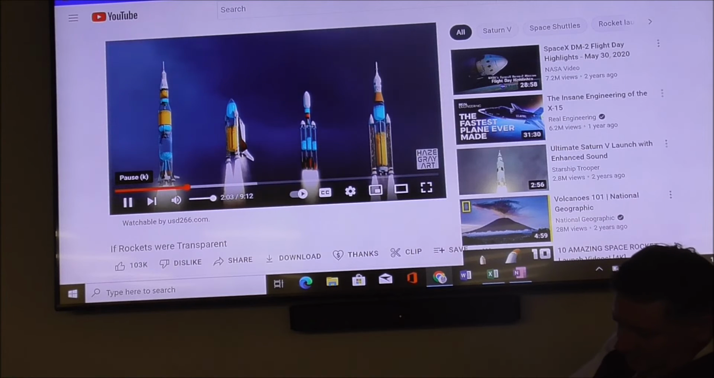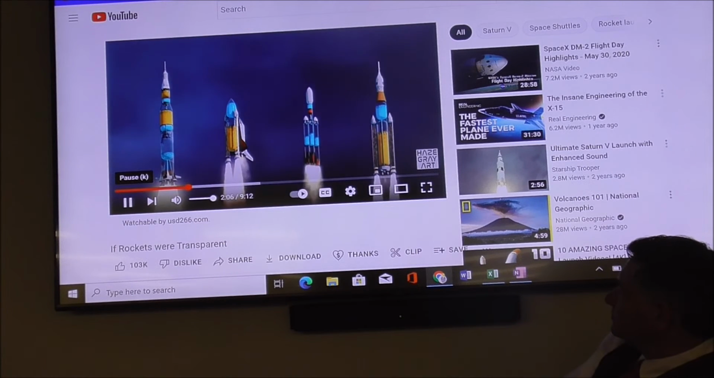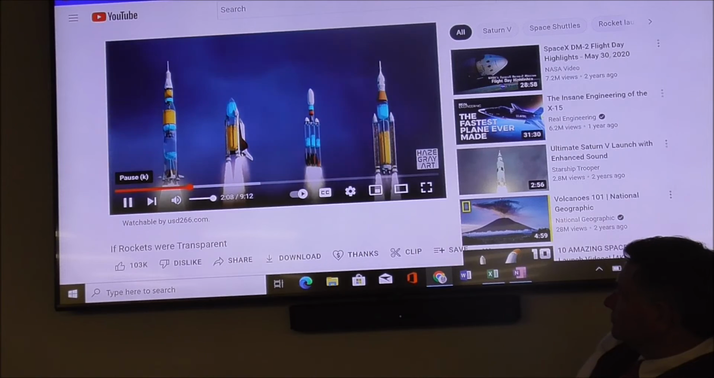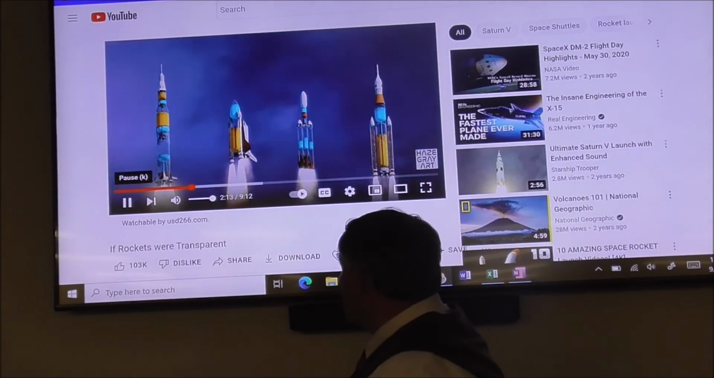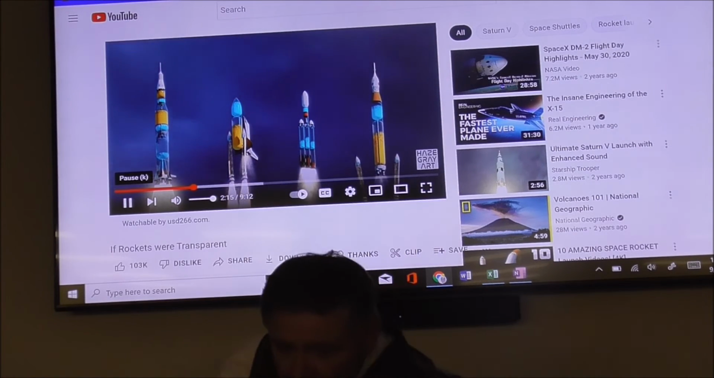Seconds into the flight. Discovery 22 miles in altitude, 23 miles downrange. Standing by for solid rocket booster separation. This is Houston, you are go for